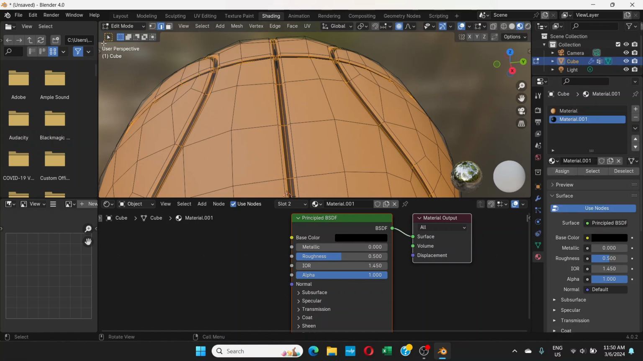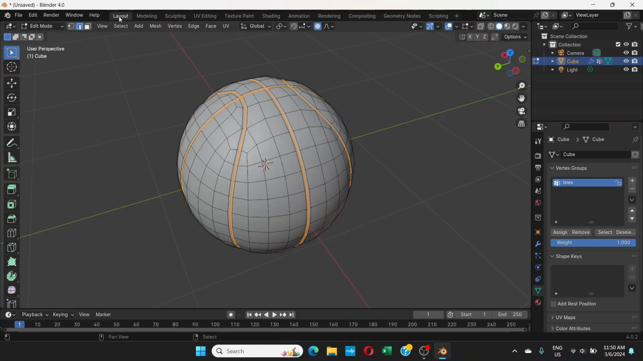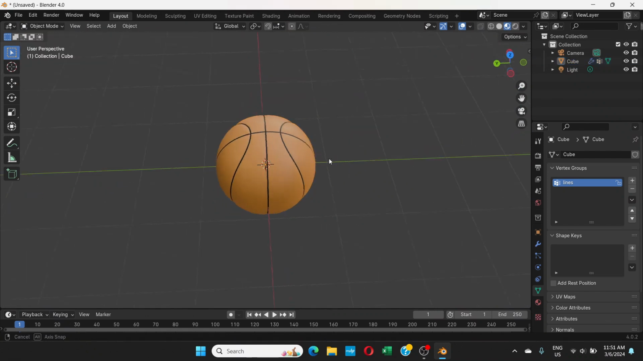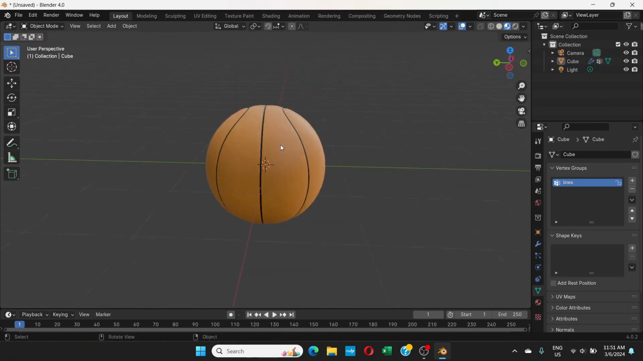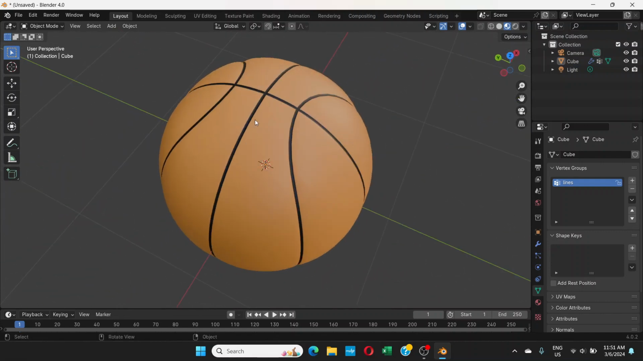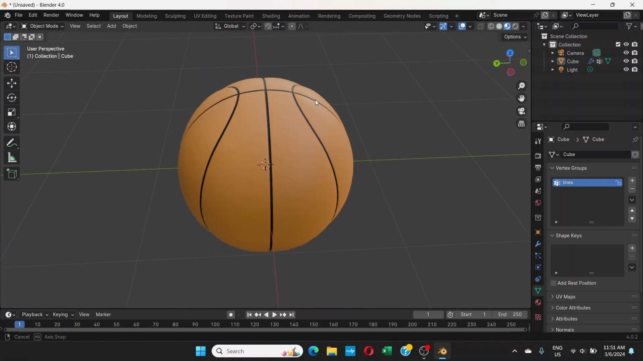If you go to layout tab, and go to material preview mode, go to object mode. Yeah, so the basketball is ready. It looks quite good. Just the thing is that you need to